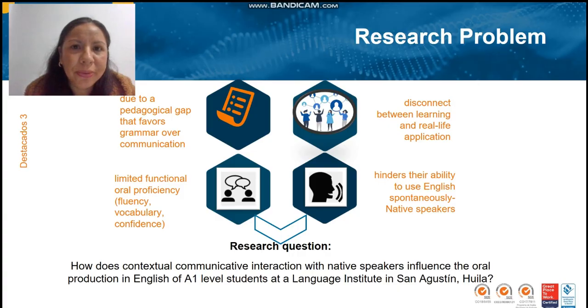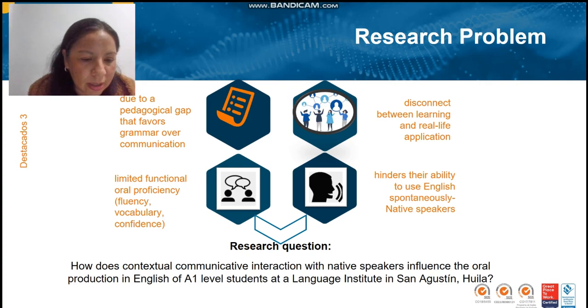Here in the town where I live, it is a touristic place, so it is common to observe people from different countries that visit us and use English as a tool to communicate with the local community. So I decided to implement some strategies in order to integrate those native speakers as volunteers to interact with students of the English language club. So for that reason emerged this question: how does contextual communicative interaction with native speakers influence the